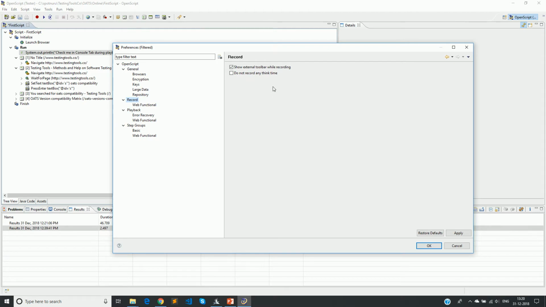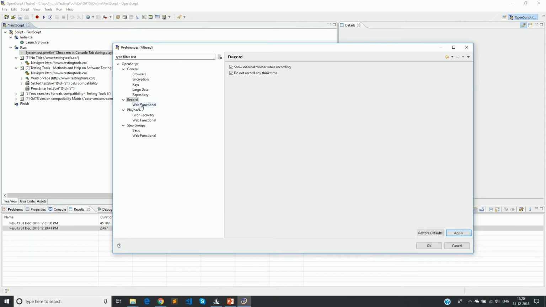And even the think time, which I was explaining, like the gap that a human takes while interacting with web applications during record time, whether you want OpenScript to record those think times or not can be controlled with this checkbox. If you enable this checkbox, OpenScript will not record those think times. I think this is one of the good things to do. And whenever you make changes, make sure you click on apply.